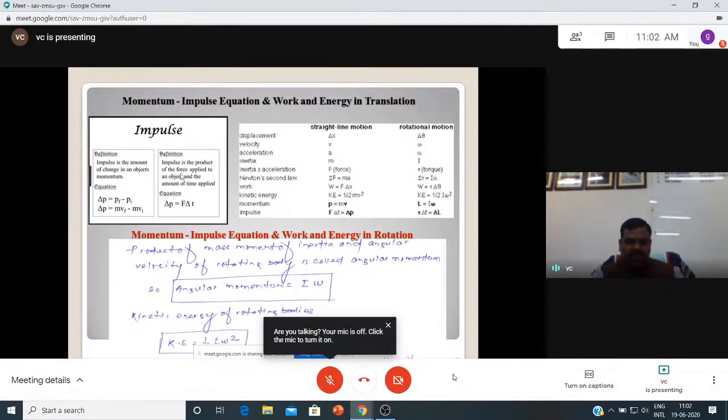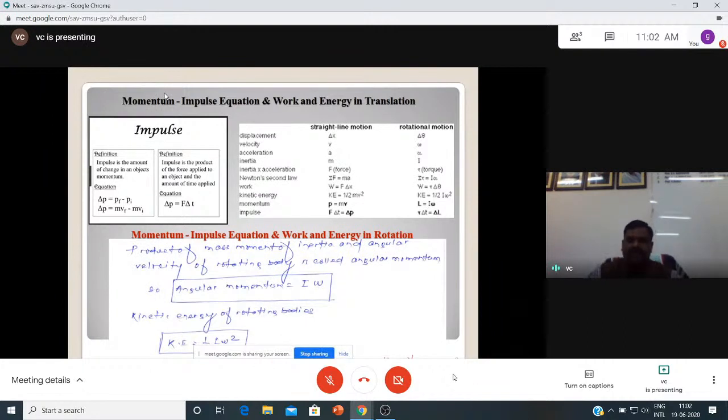Impulse is nothing but, as per Newton's second law, the impulse-momentum equation. We have considered the translation part, and this is the rotation part. For translation, impulse is force into dt. How to obtain this relation is